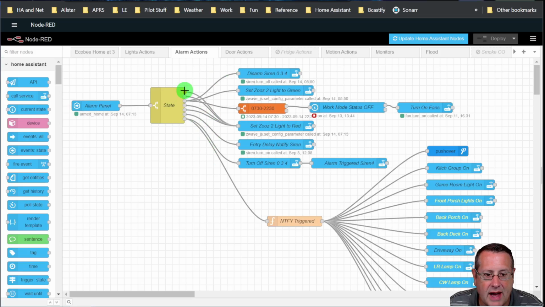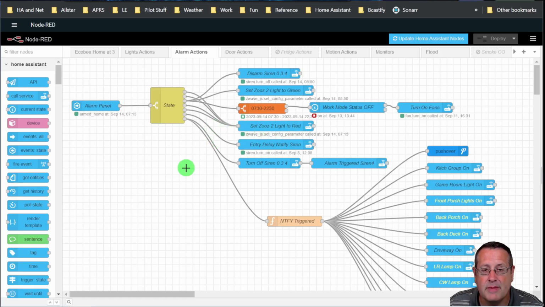So if you hover over these, you can see what different states are in. If it's armed home, if it's armed away, armed night, etc. So let's just take a few of these here. Let's just say that my system is armed home. We follow these paths right here. It's going to set a scene controller that I have in my house to red, telling me that the alarm